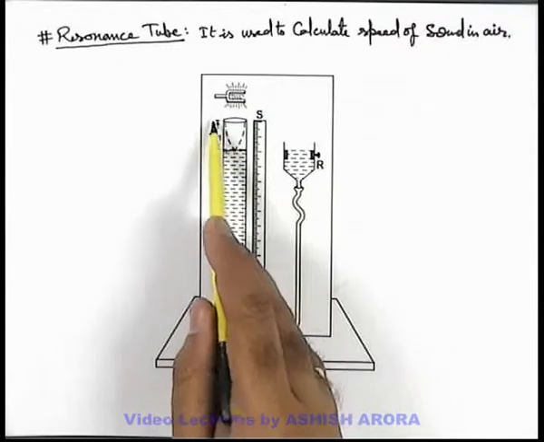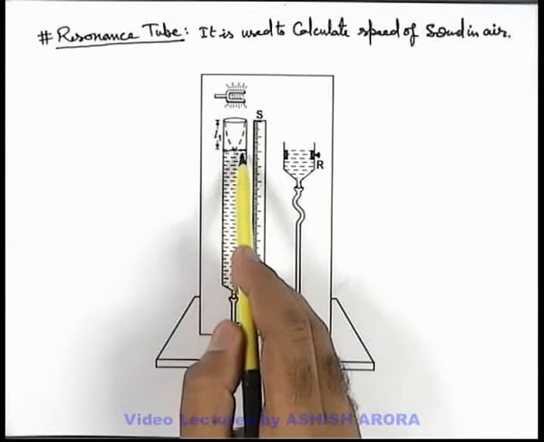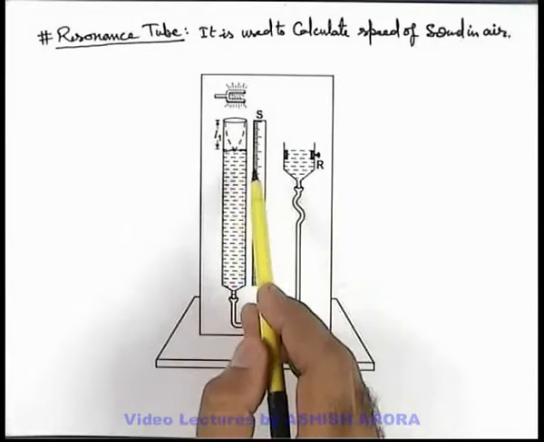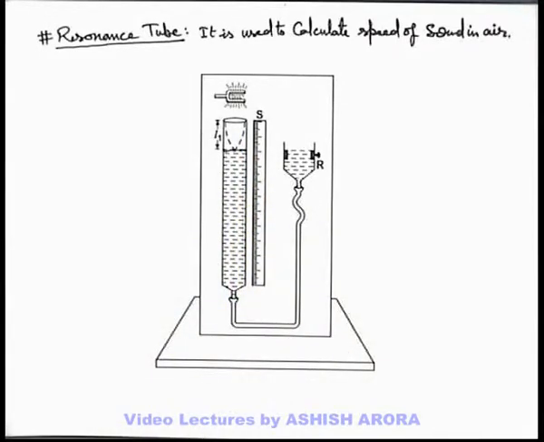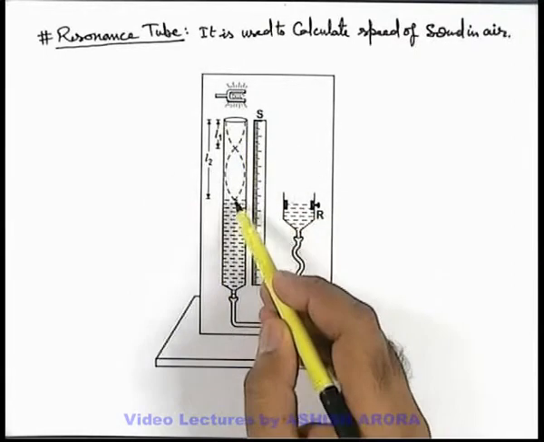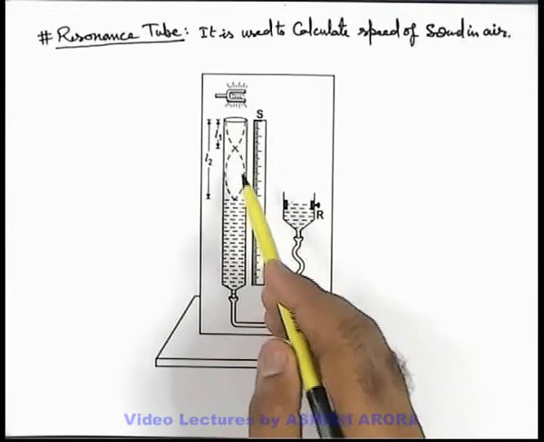Now in this situation we can measure the length L1 of the air column on the scale when it is lowered down. Now, after this length L1, which can be taken as the first resonance length, we can further lower down the reservoir till the next resonance occurs. And we know that next resonance occurs when the length of air column available will be 3/4 of the wavelength.